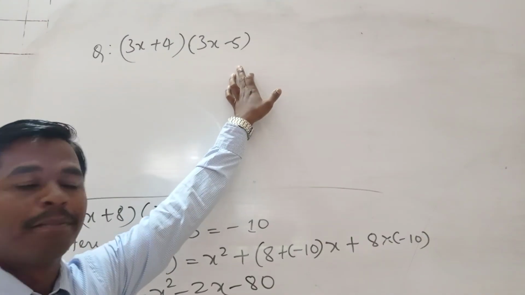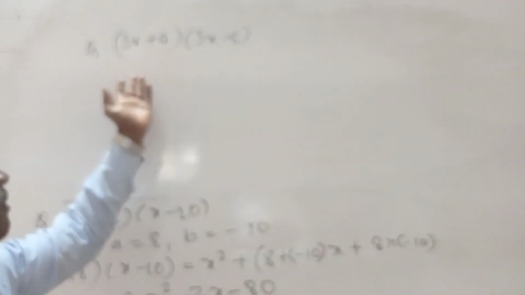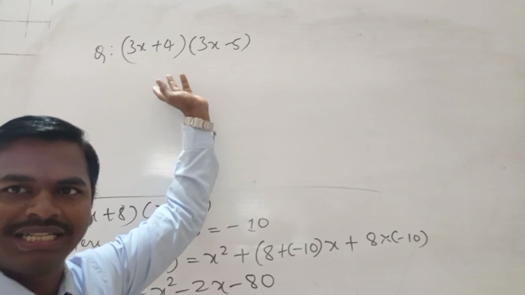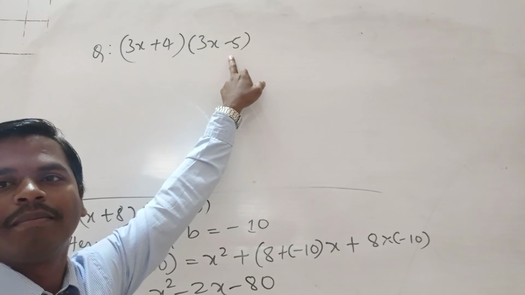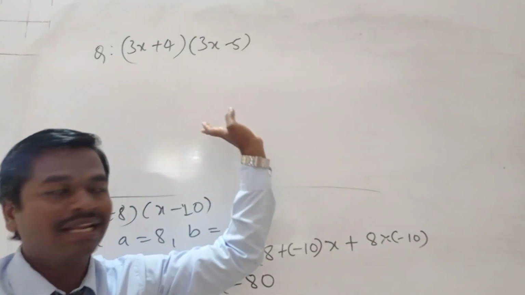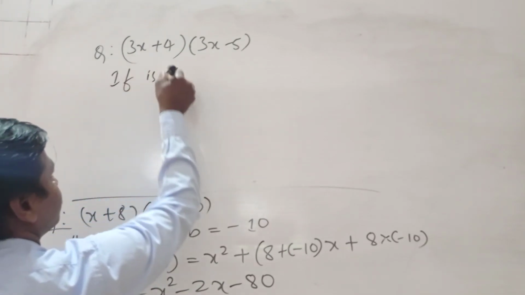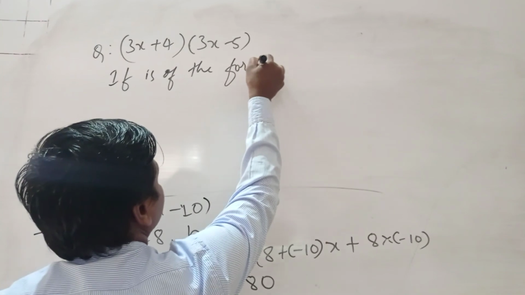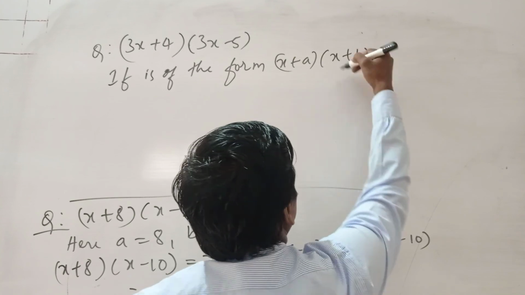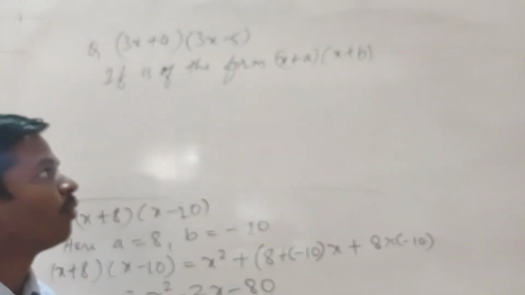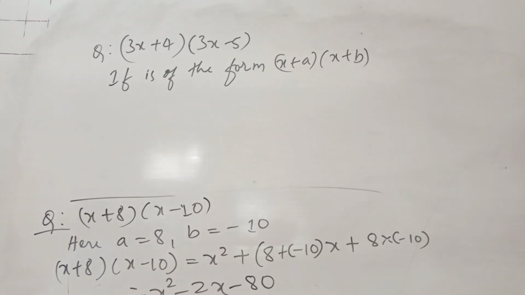In the place of b, minus 5 is there. In the place of x, 3x you take; in the place of a, 4 you can take; in the place of b, minus 5 we can take, and simplify using the same formula. It is of the form (x + a) into (x + b), or you can take another variable, (y + a) into (y + b), also here. Here x equal to